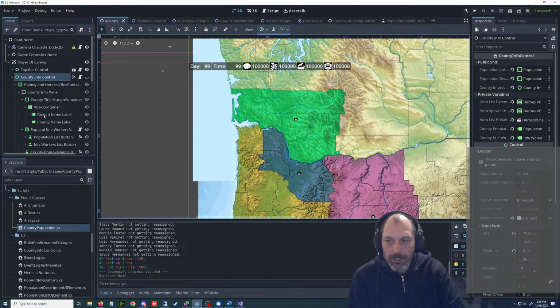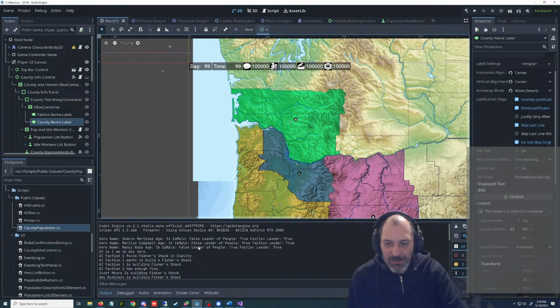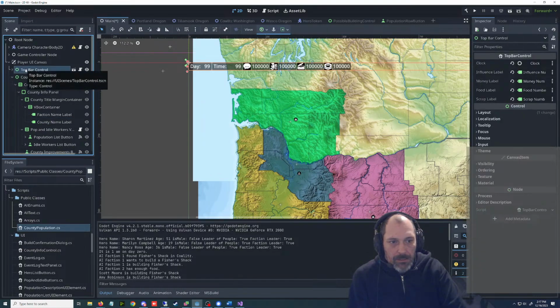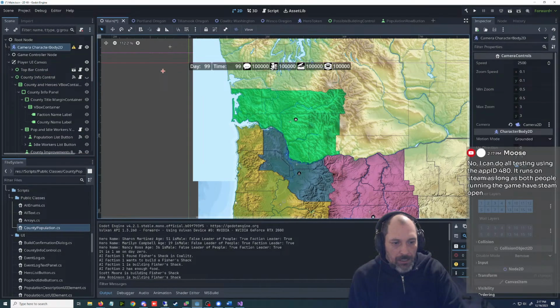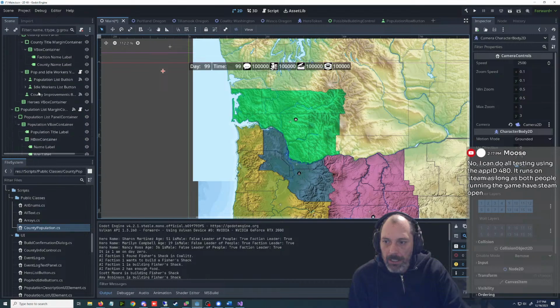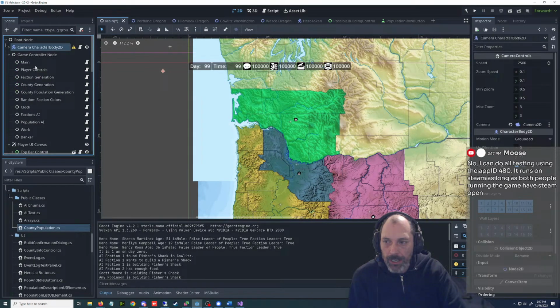See, I have these two other labels. Where the fuck is this coming from? And it's working. Yeah, it's happening right now. It somehow works, and I have no clue where this is. Maybe it's somewhere weird, like stuck on the camera. Where else could I have put it? I could have put it here somewhere.